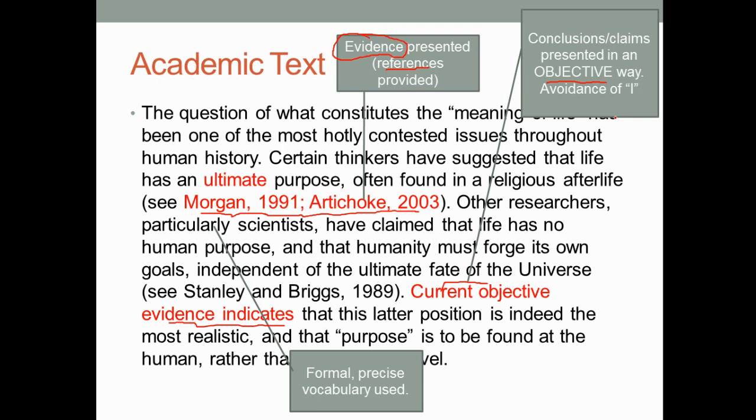And the final thing that I'm going to go on to talk about, not necessarily here, is that formal, precise vocabulary is used. Unfortunately, this point doesn't go to the word that I'm looking for, but it should have gone up to ultimate, final purpose, rather than something like big, which is very vague and very, very general in the kinds of words that it can express. So those are three interrelated key aspects of good academic text and good academic